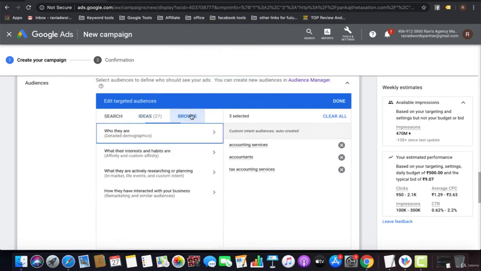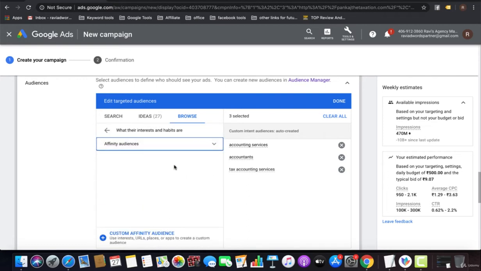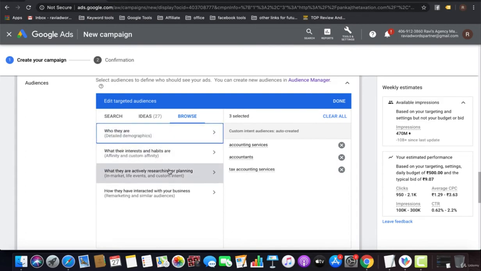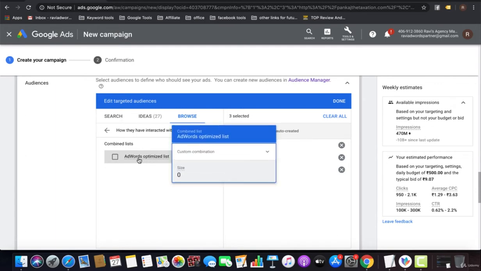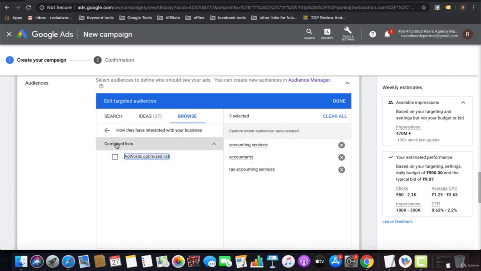Now you can also browse by selecting demographic or affinity, or in-market audience and remarketing audience. If you have created a remarketing audience source, then you can select this option. I have already created the optimized AdWords list, and if that list has 1000 users, you can go with that list as well.